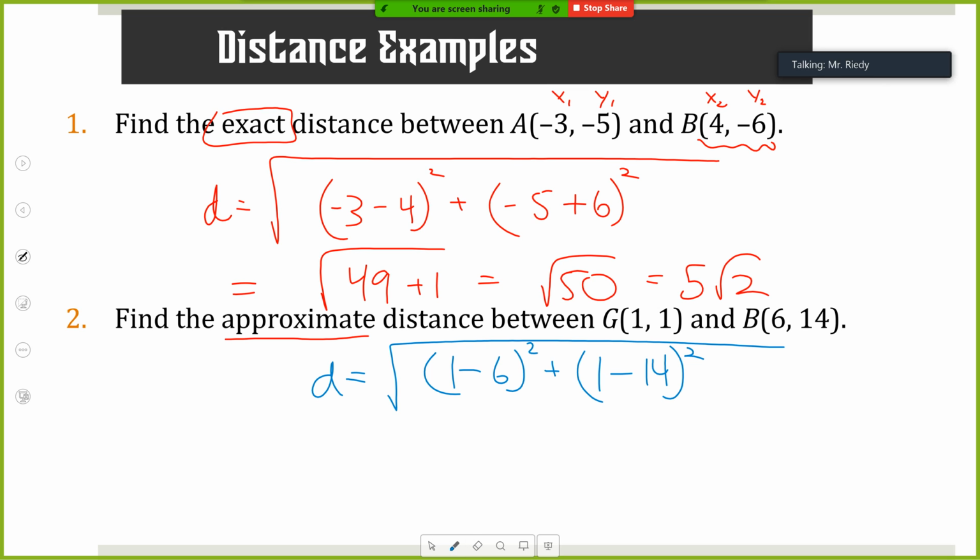Those should be minus. Okay, because of the original formula that you're subtracting those values. Equals the square root of negative 1, or 1 minus 6 is negative 5 squared is 25 plus 1 minus 14 is negative 13 squared is 169, which equals the square root of